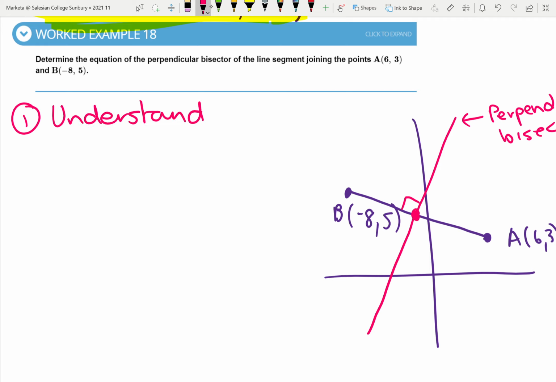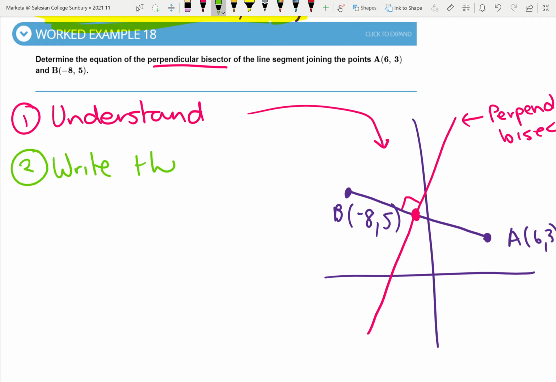And understanding the word perpendicular bisector really is what we need to do, and that's given by this. You don't need to draw that every time you do a question like this. You just can think about it and think what they're referring to by perpendicular bisector. The second thing would be to write the general